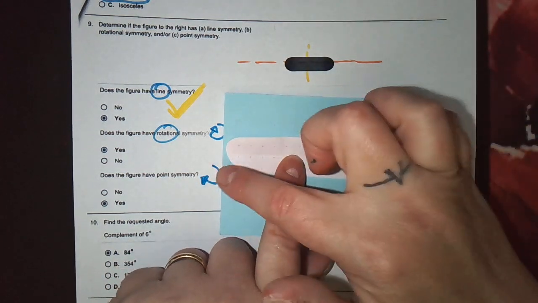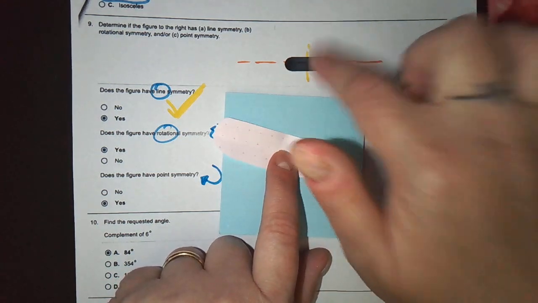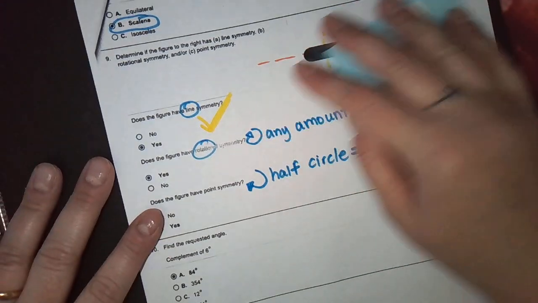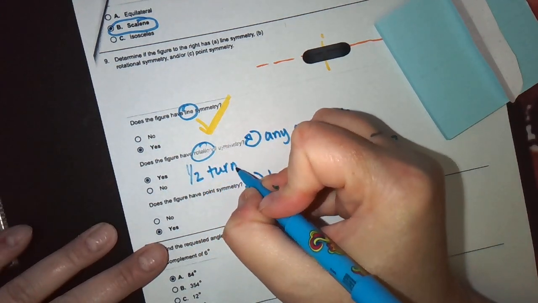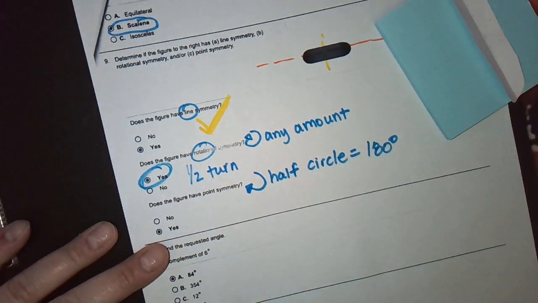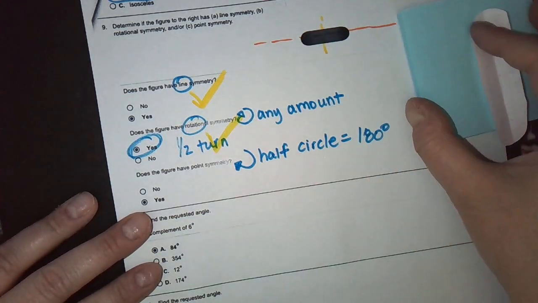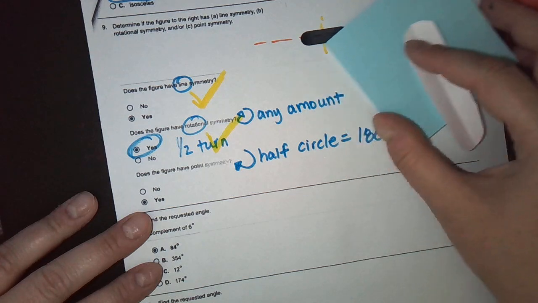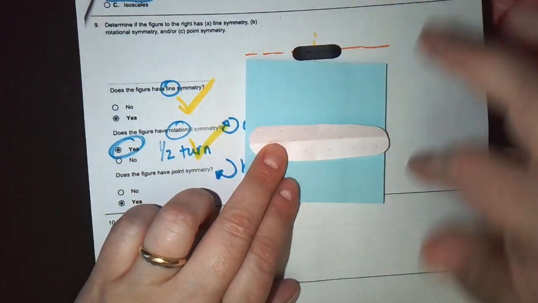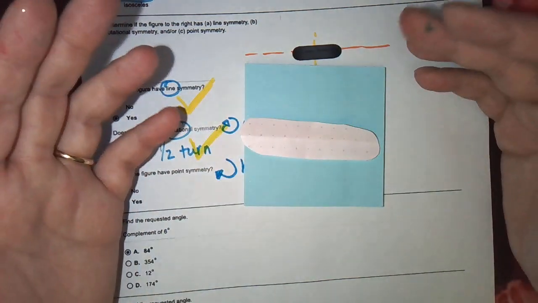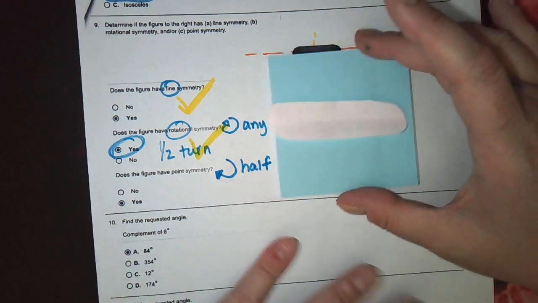So we did a half turn and got the exact same picture back. That means yes, it has rotational symmetry. We specifically did half a circle, but sometimes your picture could just turn a fourth of a circle. Point symmetry means